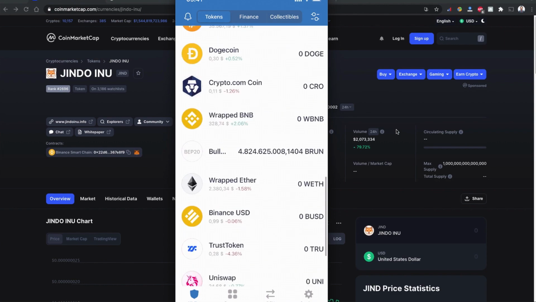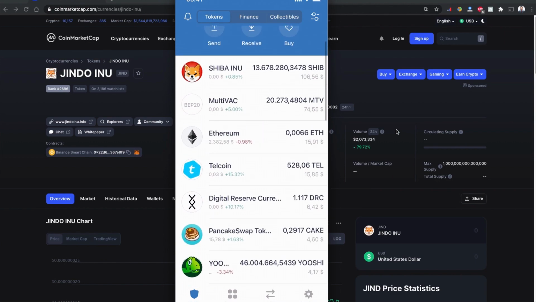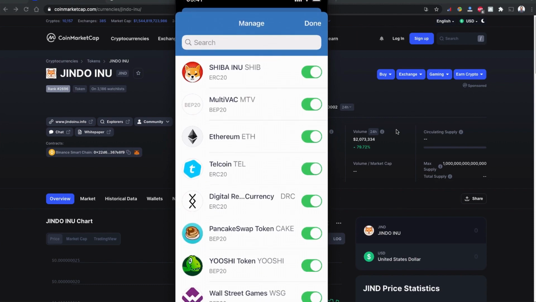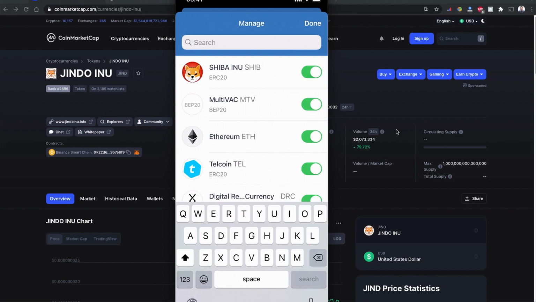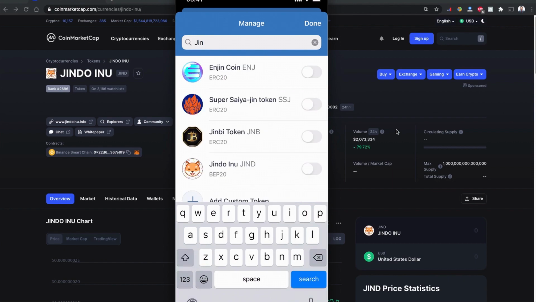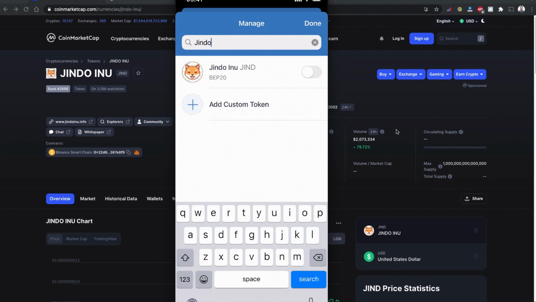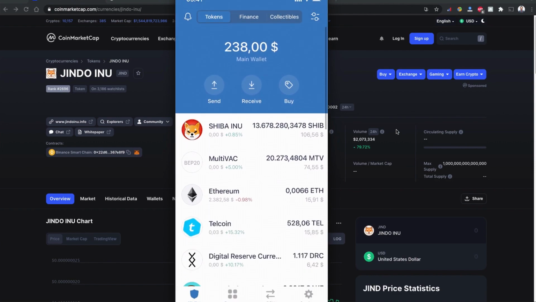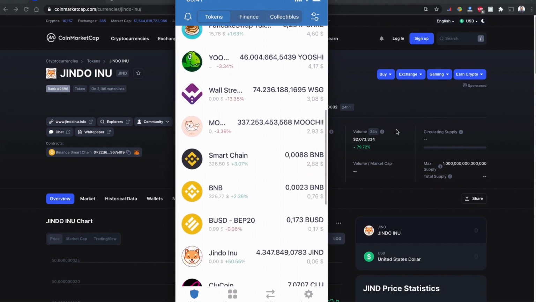Sometimes if you don't see the coin here, you can just tap on this 2 dot icon in the right corner of your Trust Wallet and search for the coin. Jindo Inu. You can see I found the coin here, and you can enable it by tapping on the coin, and the coin is enabled now. Let's head to our Trust Wallet and see.